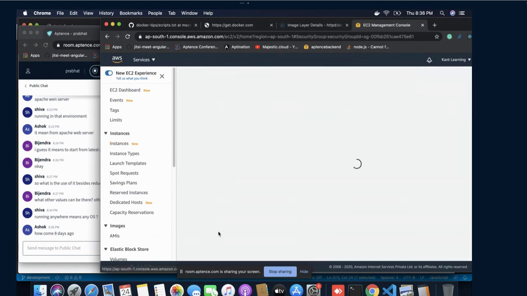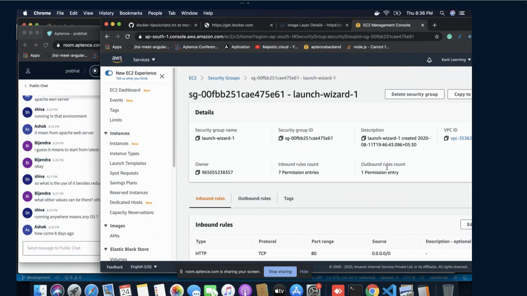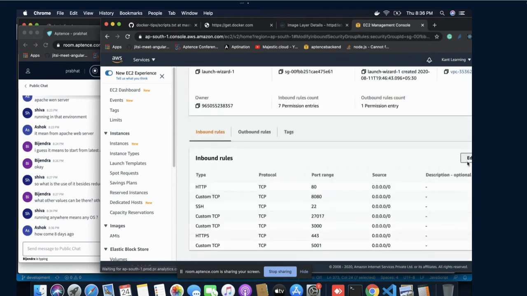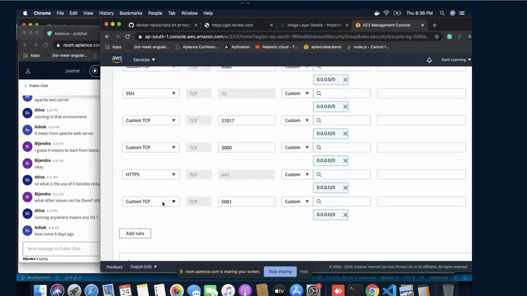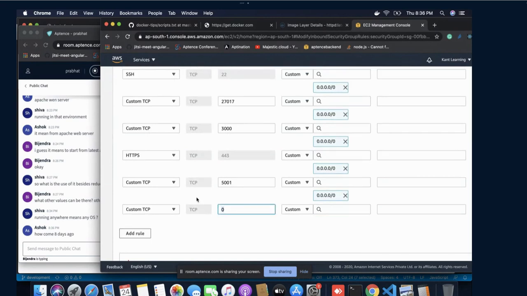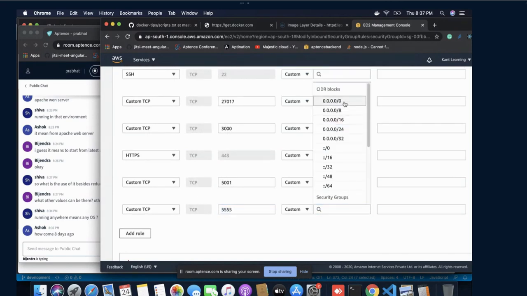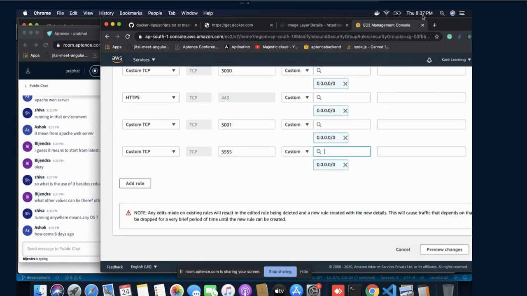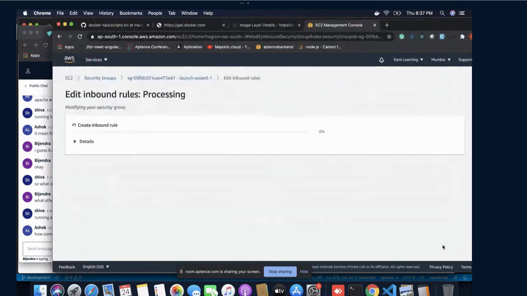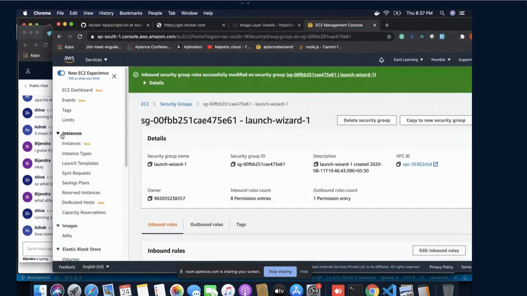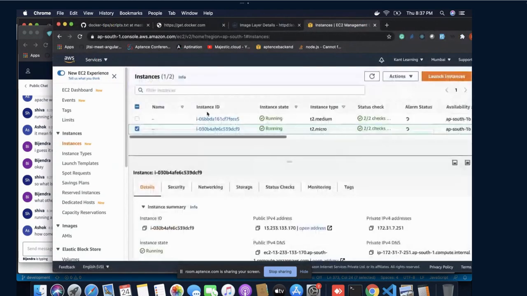So this is a security group I have. I may have to enable port 5555. Now if I access this one, this is my IP address.